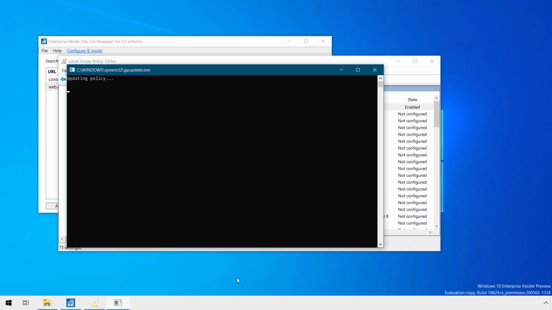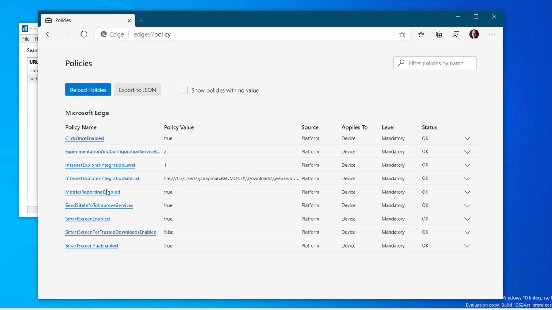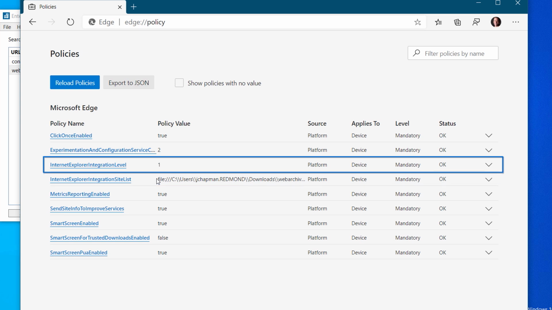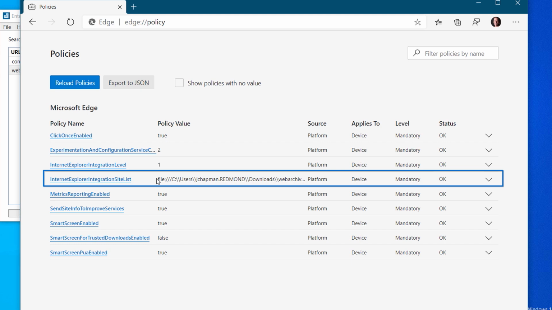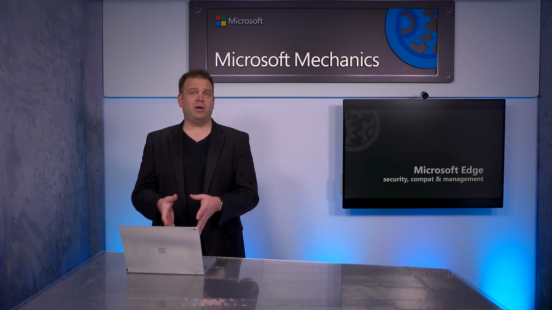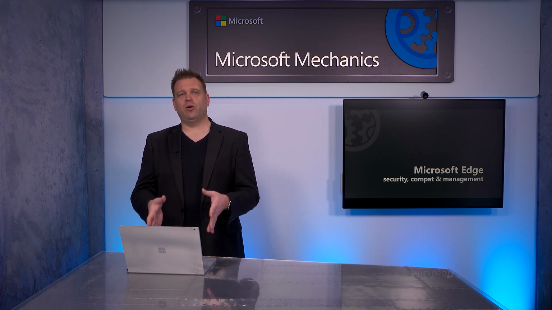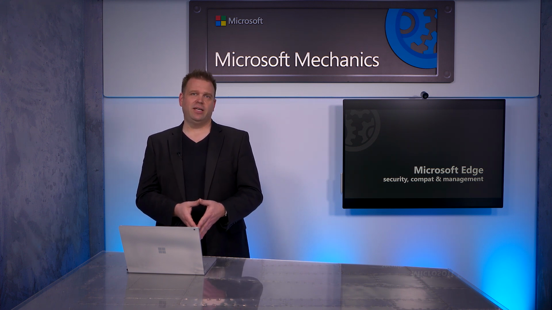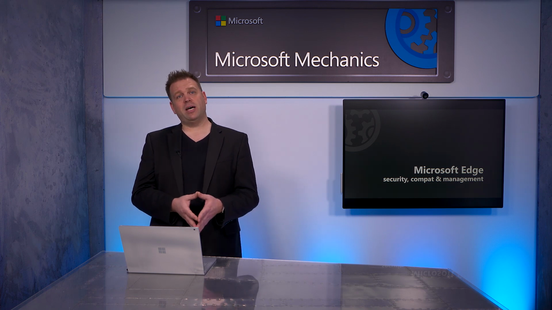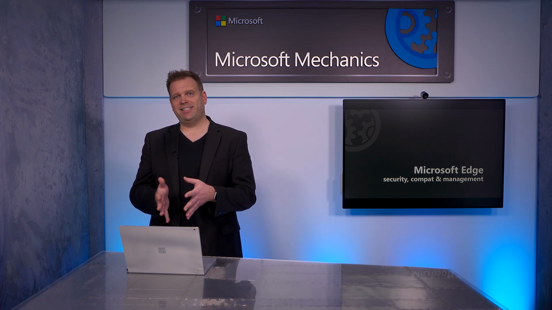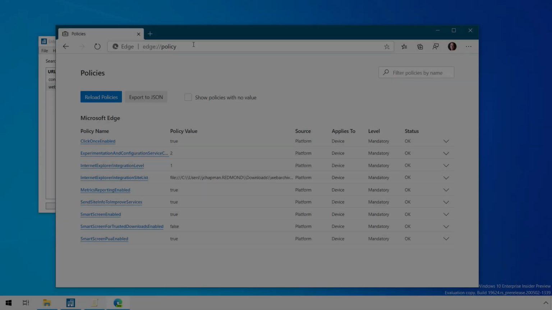Now, finally, we'll click Apply and OK, and the policy is set, and we'll run gpupdate /force, and now the policy is enforced. So now if I open up Edge policies, you can see there are two settings in the Microsoft Edge node: the root to enable the integration, that's set to 1, and also to point to our site list. Now if you configured enterprise mode policies in the Edge node and GPO, the settings from the Edge node are going to win in case of policy conflicts. Edge node policies are recommended for piloting policy updates because they're going to override existing policies that you set in the IE node. So let's try it out.